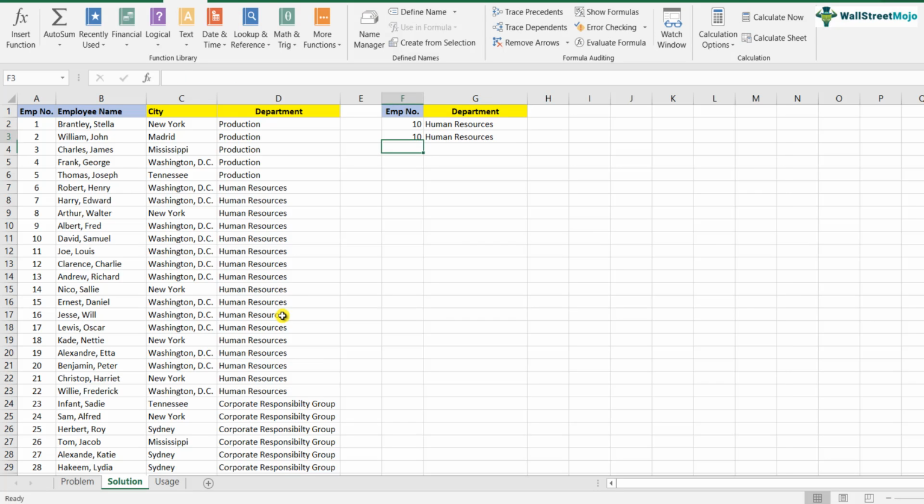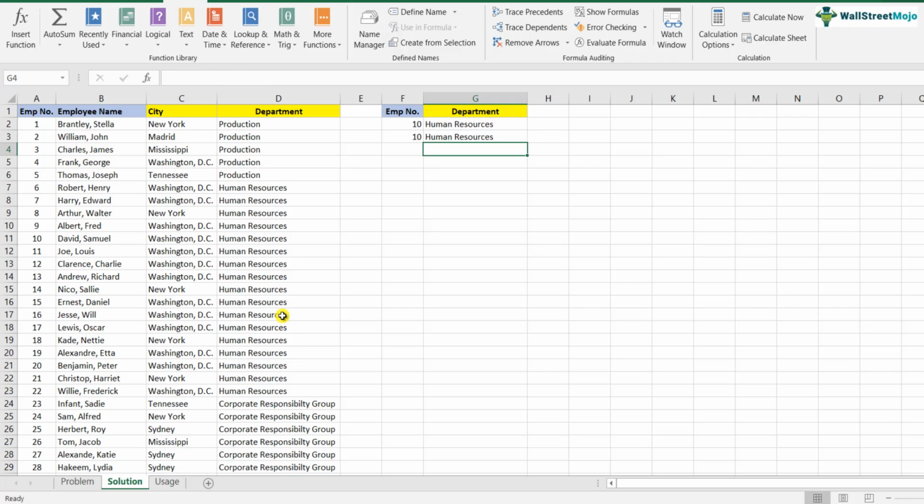So if I just put employee number 10, again human resources comes. It is as simple as that. So what these two factors basically do is, first one obviously helps you analyze the first column that you need, followed by the last column, which is the result that you need. And the second one is just selection of the entire plain database.